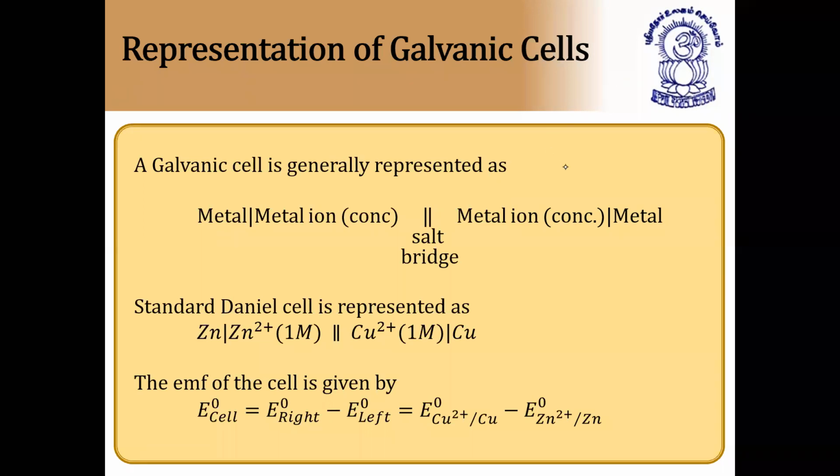So in this way, we will represent a cell. So how is a galvanic cell represented? On the left hand side we have to write the oxidation process. On the right hand side we have to write the reduction process. A single vertical line represents phase change, and a double vertical line represents the salt bridge. So I hope it is clear. Next,